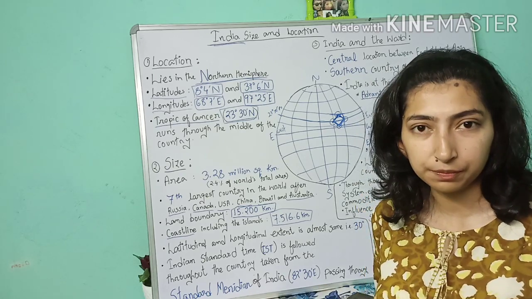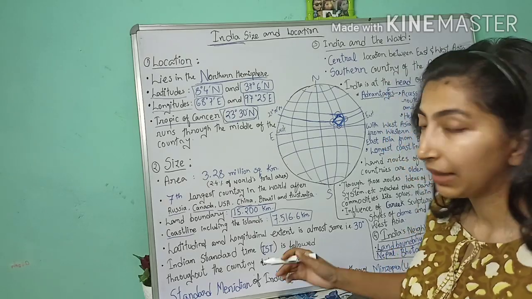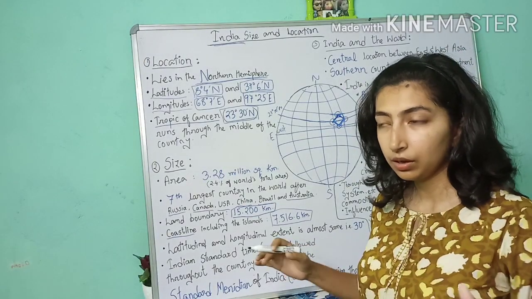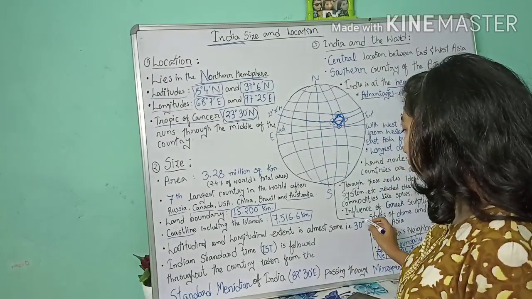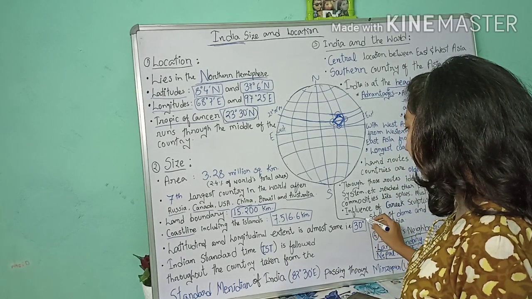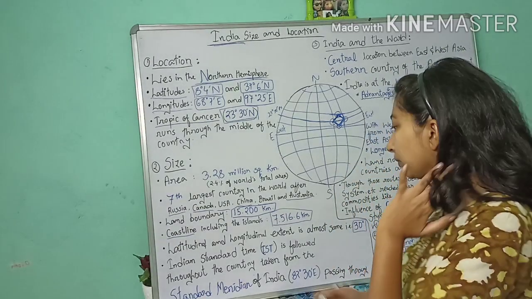if you mark the kilometers. Okay, so that's what we are talking about, the extent, that is the difference between the two latitudes and longitudes. So both are 30 degrees, whereas in kilometer distance it's a bit different.